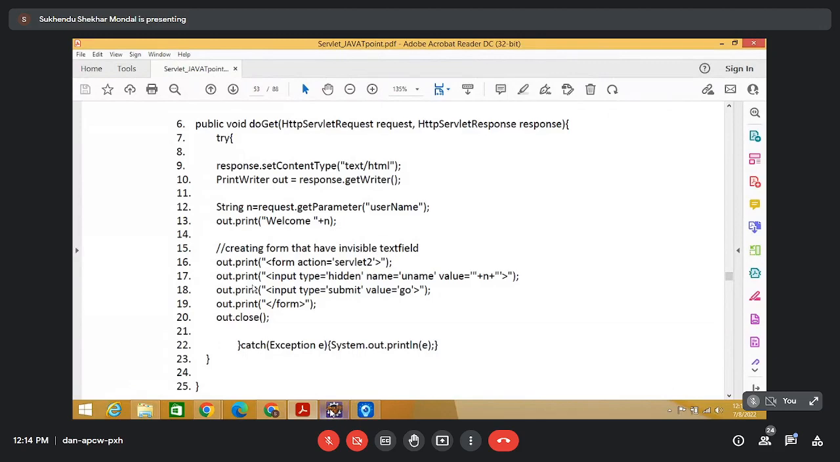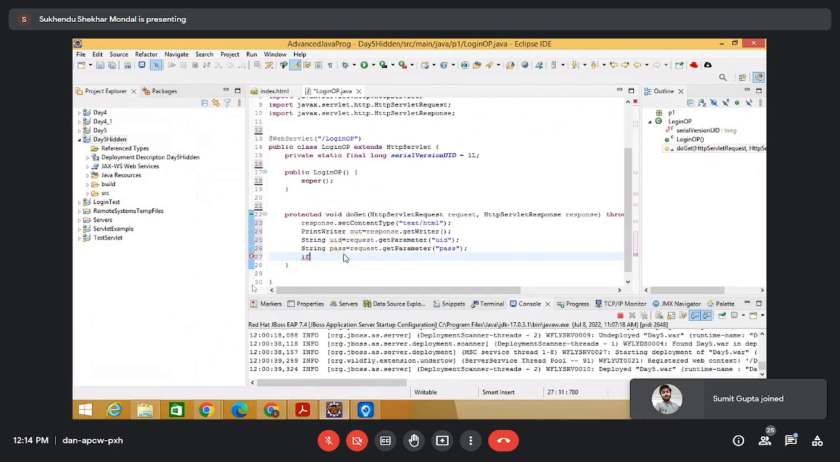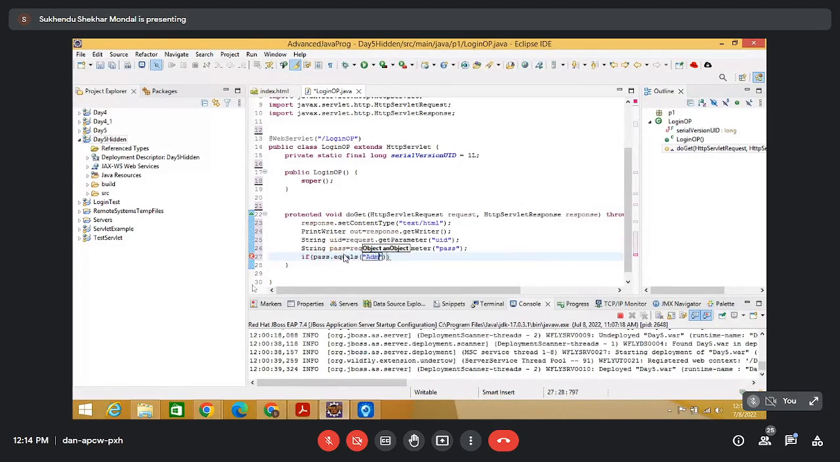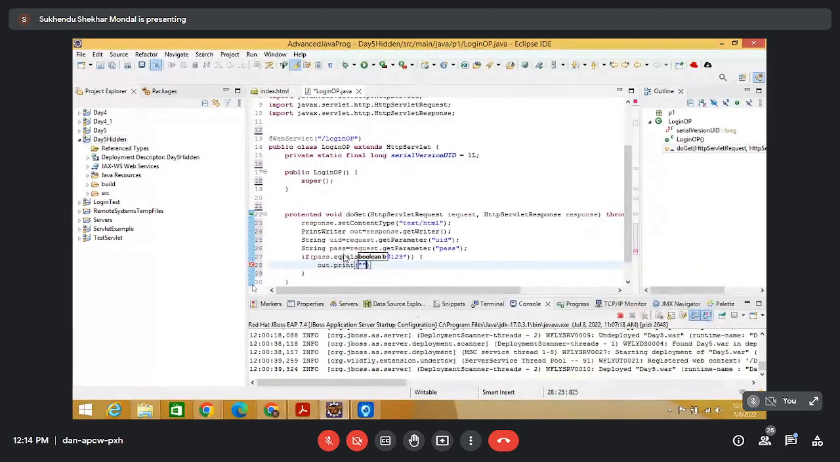এবার ধরো তুমি অন্য আরেকটা পেজে তুমি যেতে চাইছো। সো এখানে আমি বলছি if you password pass dot equals, suppose again this is admin@123 যদি হয়, তাহলে এখানে দিলাম out dot print, এটাতে বললাম যে login successful। এবার সাপোজ এটা লগইন সাকসেসফুল হয়েছে, এবার ধরো তুমি অন্য একটা পেজে তুমি যেতে চাইছো একটা সাবমিট বাটন করে।